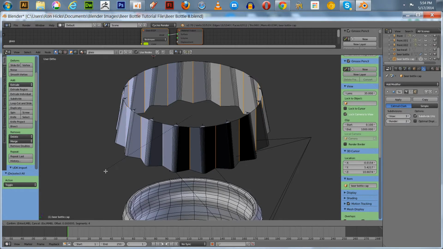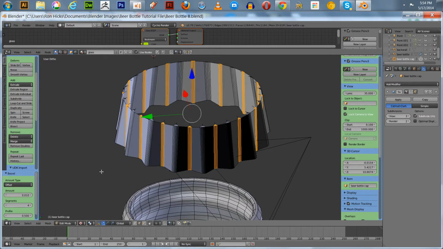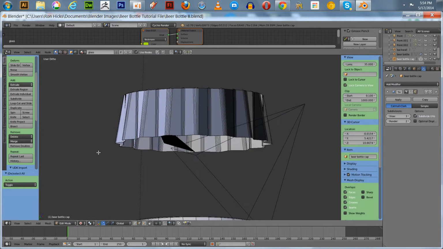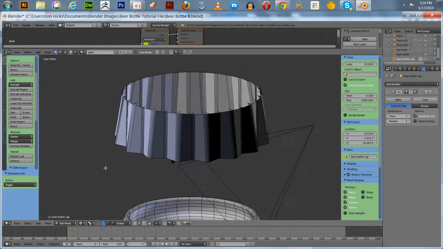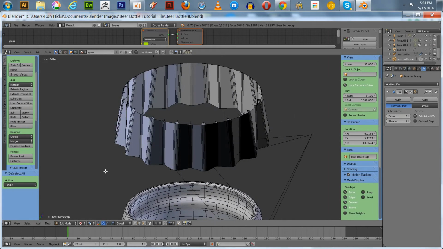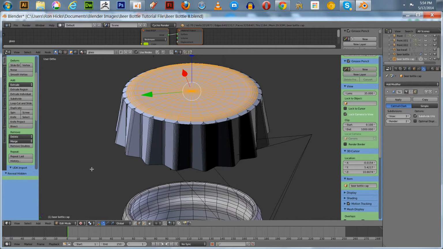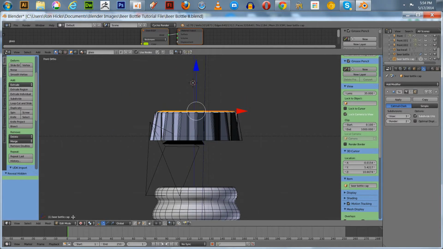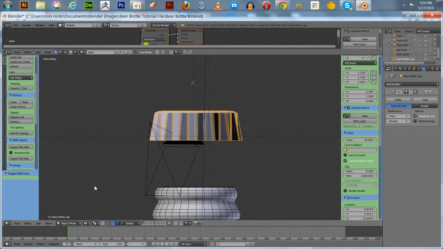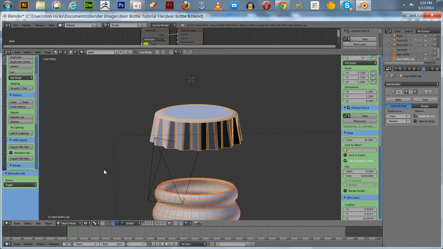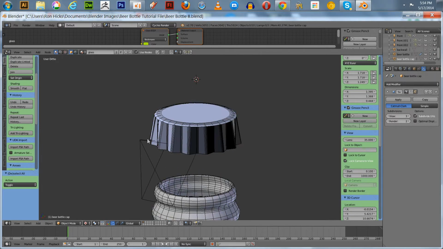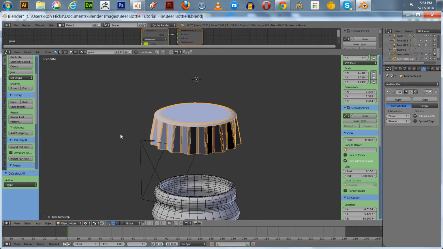You know, I thought it seemed like they could write a script where you could select every other vertex or every other edge loop, but it's something to think about. So now we've got our edges, or our teeth, what are you going to call them. I'm going to hit Alt H and reveal our top once again. So we got a fairly good looking cap here,